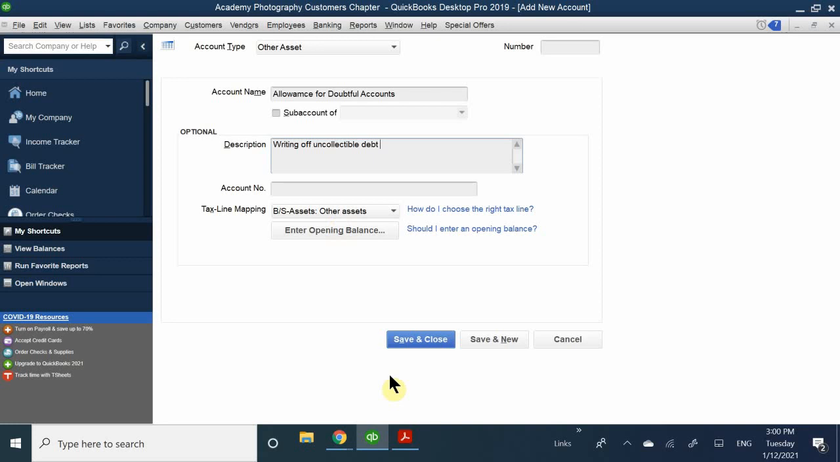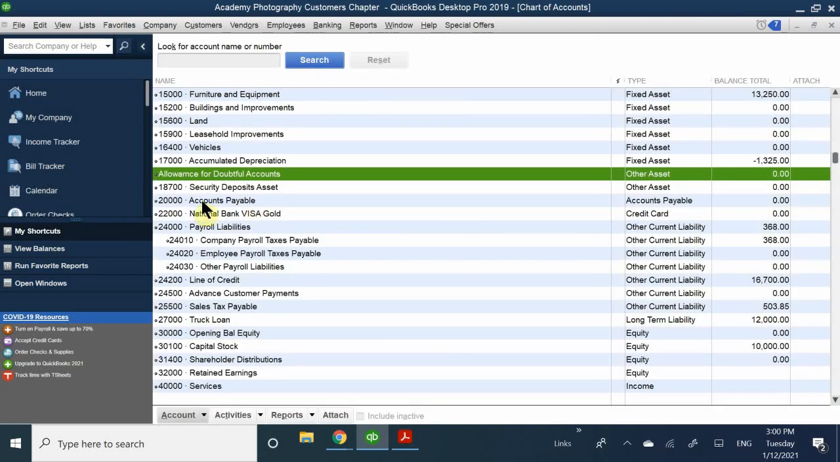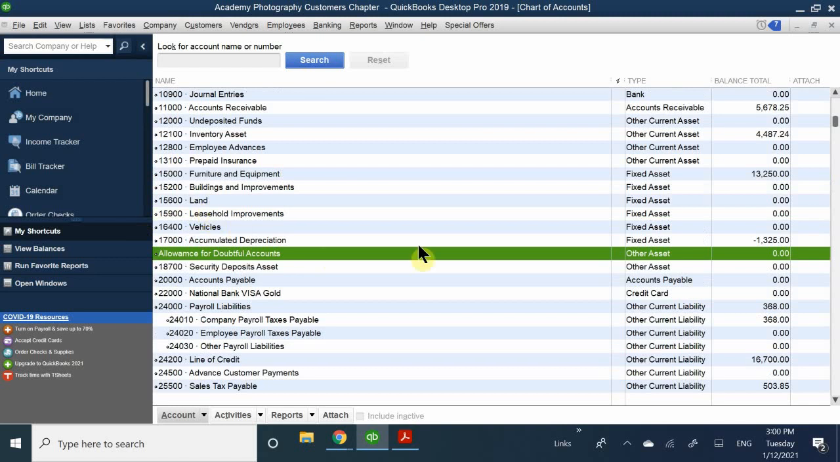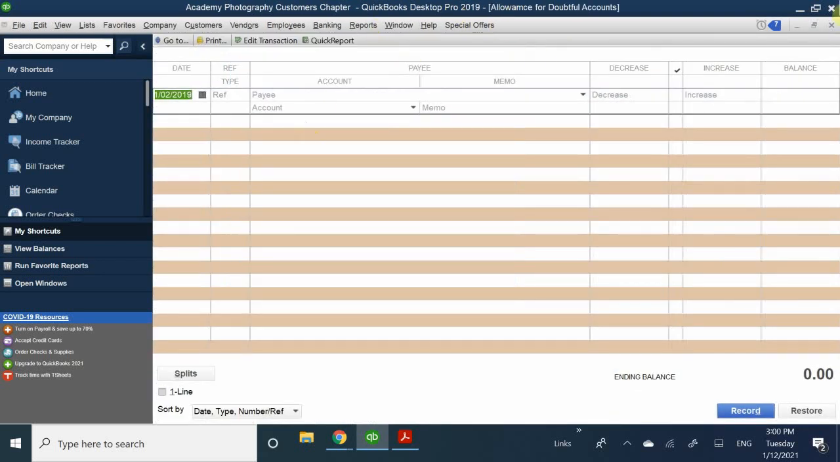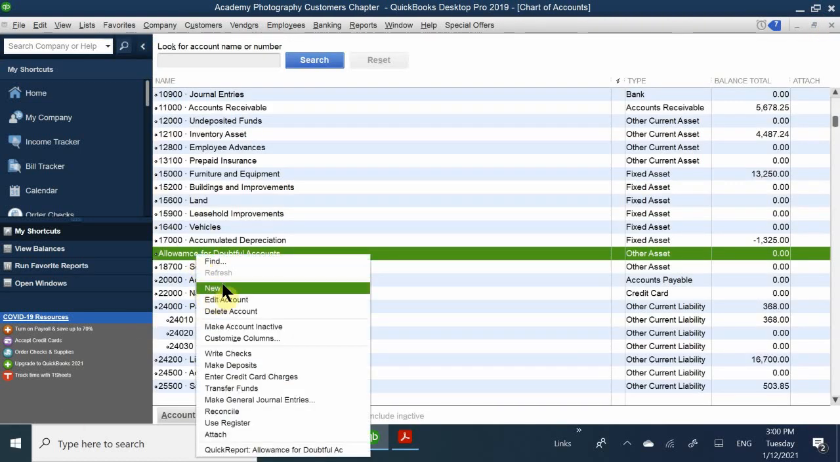Now again, I didn't take a look at what account numbers exist, so I'm going to go ahead and click save and close, and I can always edit that account number later. So when it's now dropped out in here, we can see that the other account numbers start off with 18,700, and then the one before that is 17,000. So I'm going to go ahead and double click that, and not double click, I keep making that mistake. I'm going to right click it, and I'm going to edit